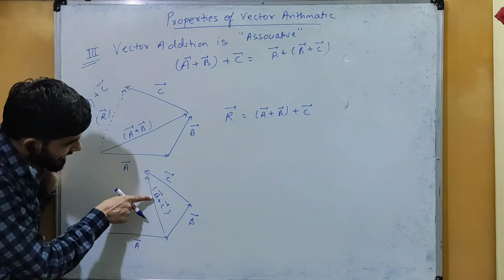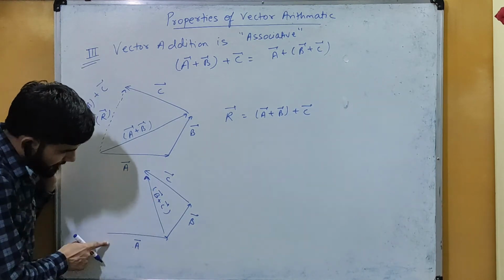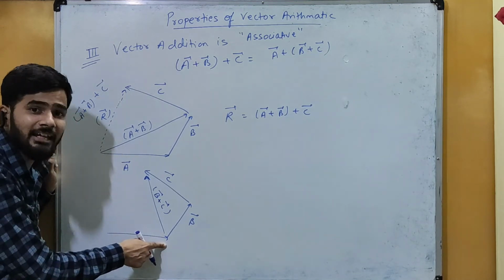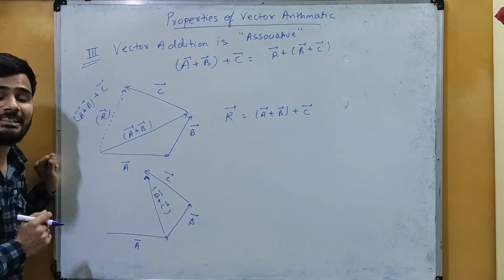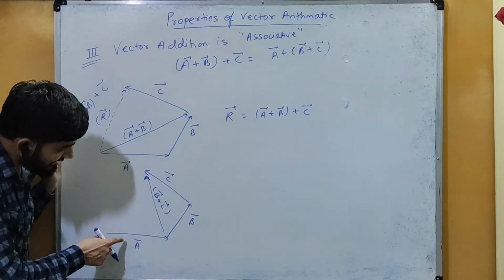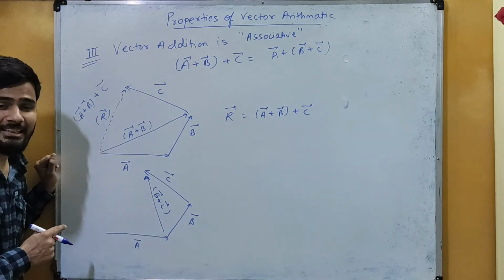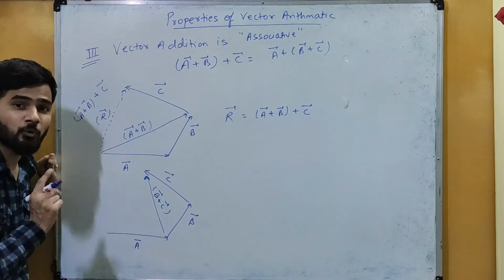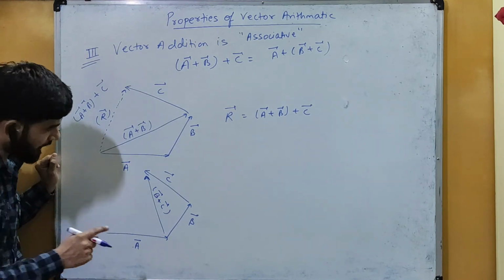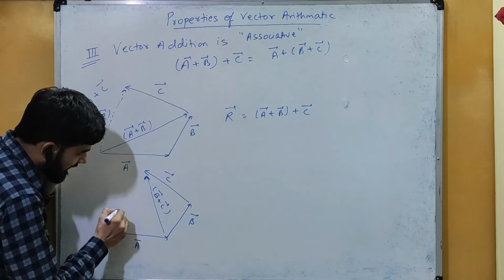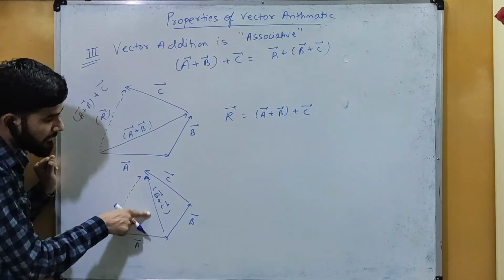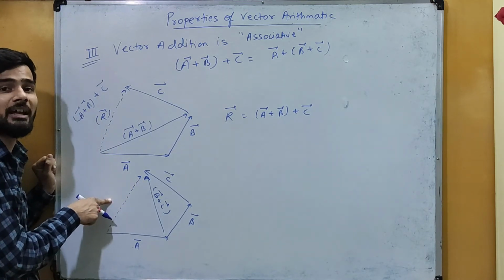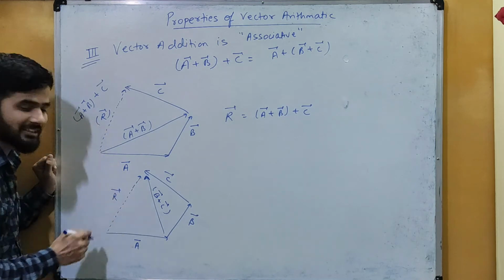Okay, now here you can see this vector B plus C, इसका जो order है और vector A का जो order है वो क्या है, सेम है. मतलब जहां पर वेक्टर A एंड हो रहा है, वहीं से हमारे पास वेक्टर B plus C स्टार्ट हो रहा है. So we can say that the resultant of this A and B plus C will be the third side of the triangle where these two are its two sides, but that has to be taken in the opposite order. तो यहाँ पर इन दोनों का ऑपोजिट ऑर्डर क्या हो जाएगा, यहाँ पर ये कुछ इस तरह से हो जाएगा, जहां पर B प्लस C खत्म हो रहा है वहीं पे हमारा जो रिजल्टेंट वेक्टर है वो भी एंड हो रहा है.